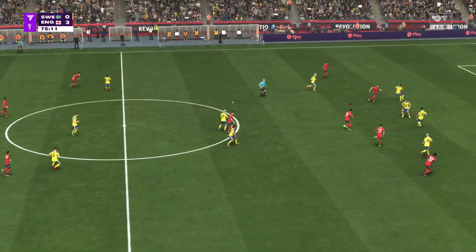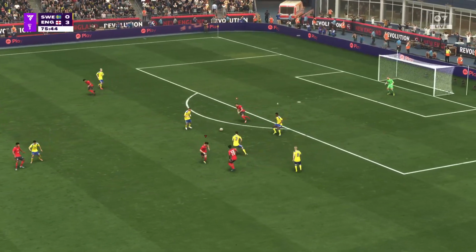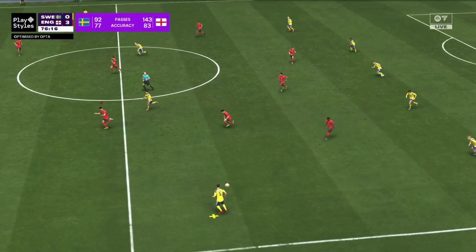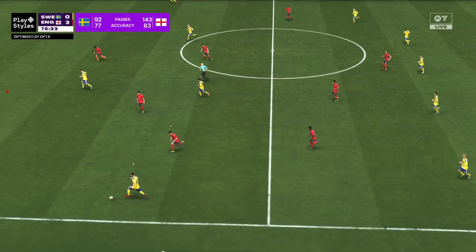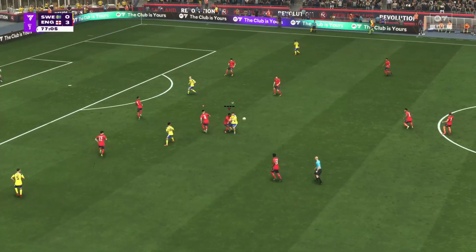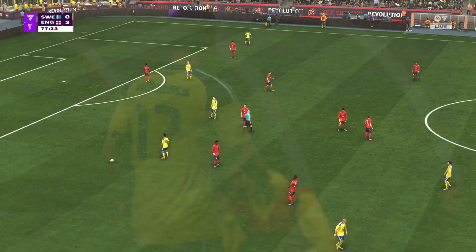Stones. And Bellingham. And the chance slips away. Well, they made some good decisions there. Gudmundsson. Can anyone stop him? Now doesn't get away with it. Free kick given.